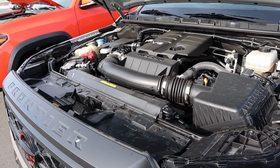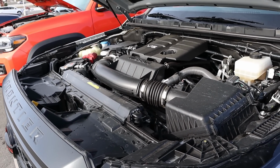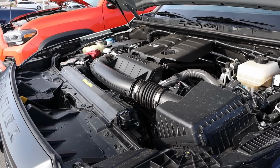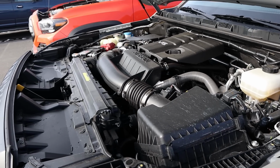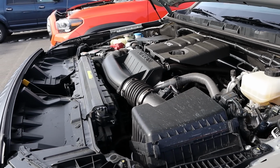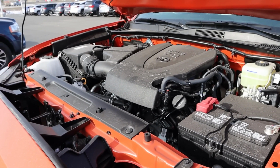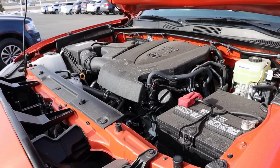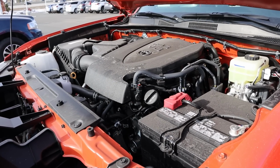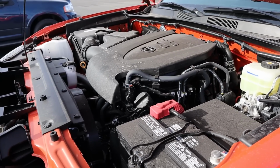So starting with the Frontier, we have a naturally aspirated 3.8 liter V6 that goes through a 9-speed automatic transmission. Fuel economy is 17 around town and 22 on the highway, with power outputs being 310 horsepower and 281 pound-feet of torque. And then under the hood of the Tacoma, we have a naturally aspirated 3.5 liter V6 that goes through a 6-speed automatic transmission. Fuel economy is 18 around town and 22 on the highway, with power outputs being 278 horsepower and